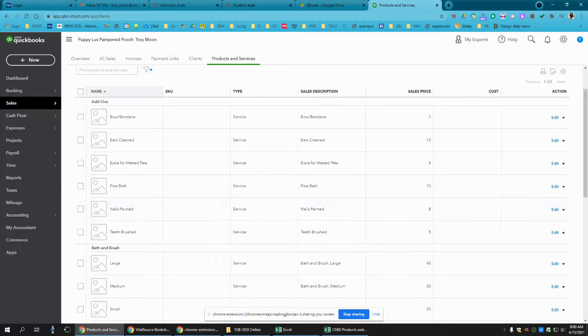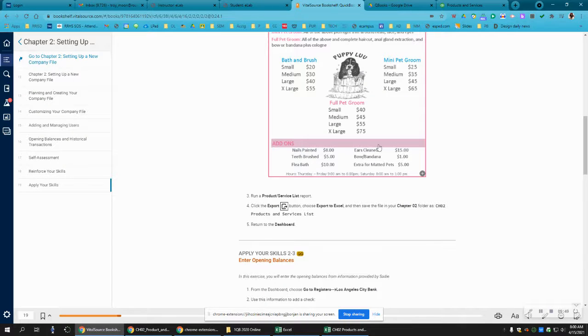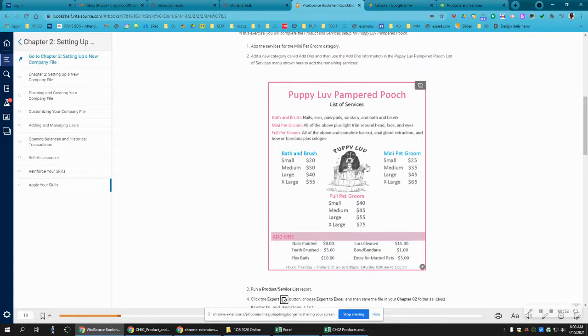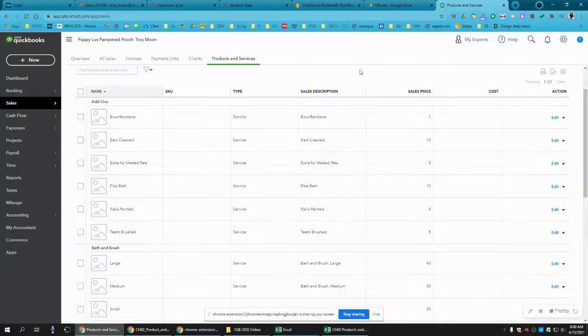Now, after all of that, so basically what we did is we just created the bottom of this flyer. So if somebody gave you this and said, hey, can you set up my accounts to reflect this in QuickBooks so I can start billing this out? It's like, yeah, no problem. Here we go. So you're just going to take that, and we just did that, okay? So that's a huge value to somebody,